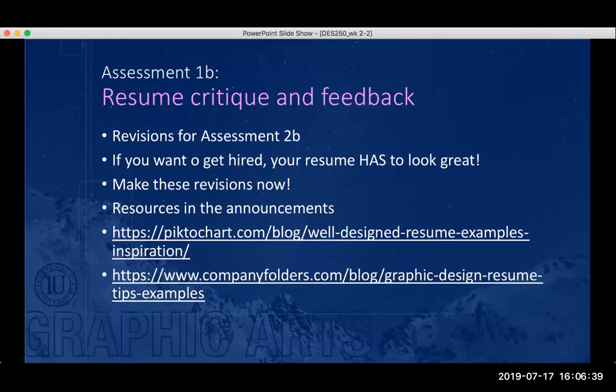Now, usually I do anonymous critiques, but at this point in your career and in a portfolio class, that's not going to be possible because your resume has your name on it, right? And plus, it's kind of time for you to be able to handle a personal critique as well. So